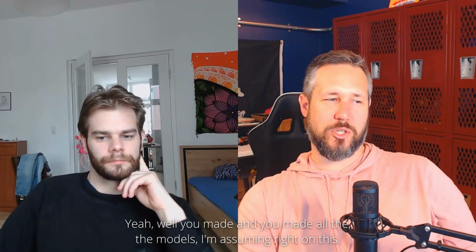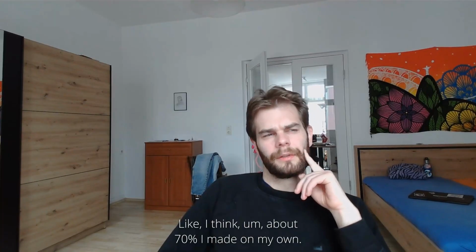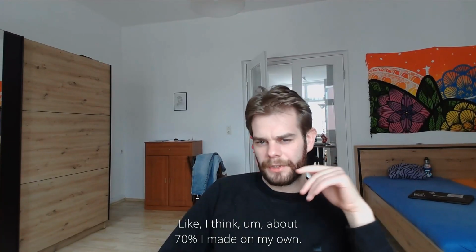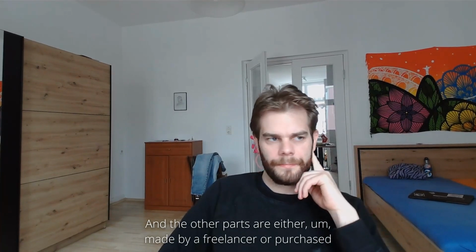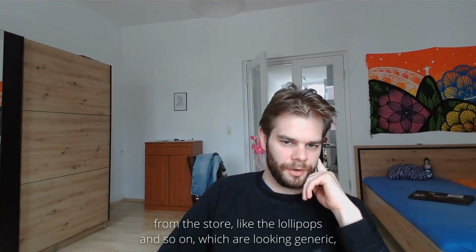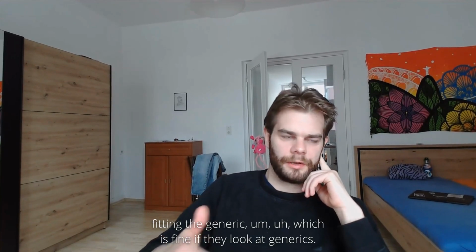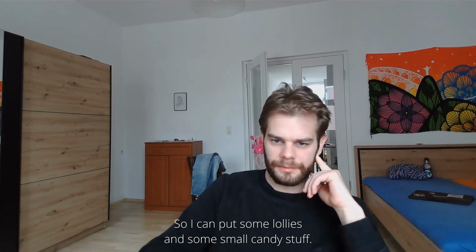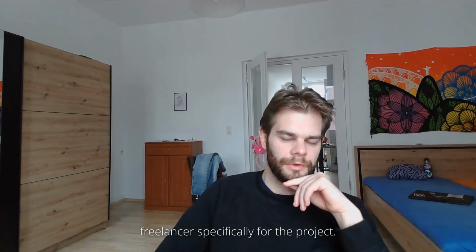Well, you made all the models, I'm assuming, right, on this? I think about 70% I made on my own, and the other parts are either made by a freelancer or purchased from the store, like the lollipops and so on, which are fitting the generic look, which is fine if they look generic, so I can put some lollies and some small candy stuff. And for custom stuff like the weapon or enemies, I do them myself, or by a freelancer